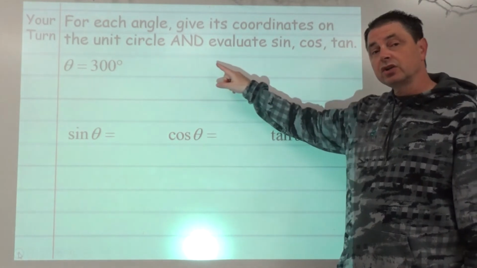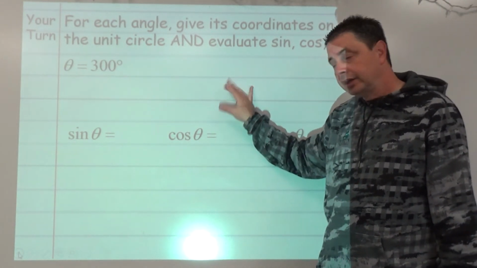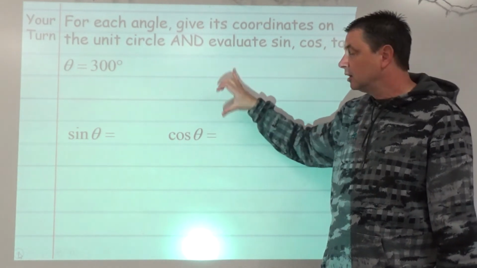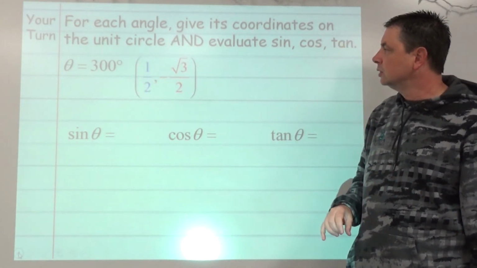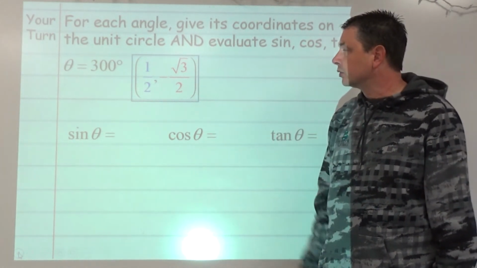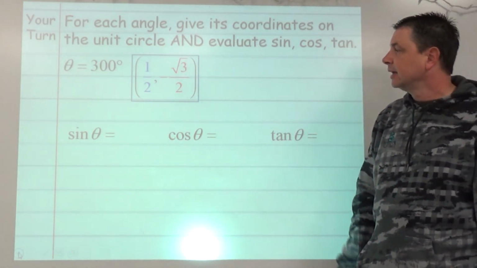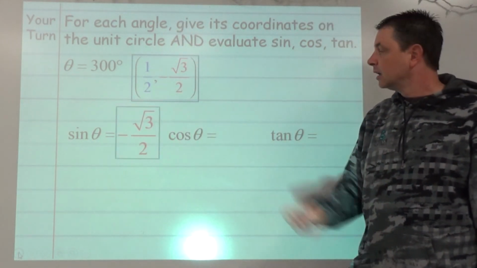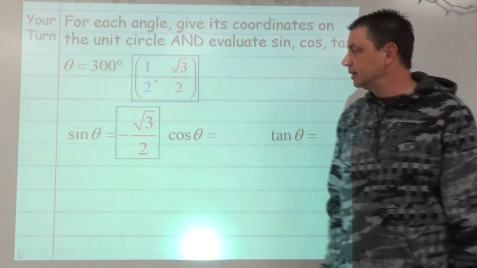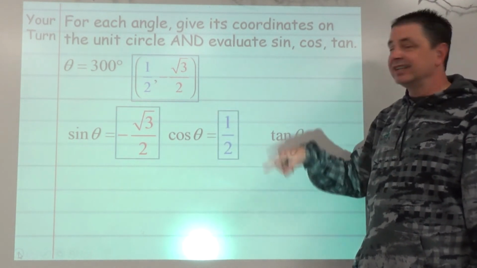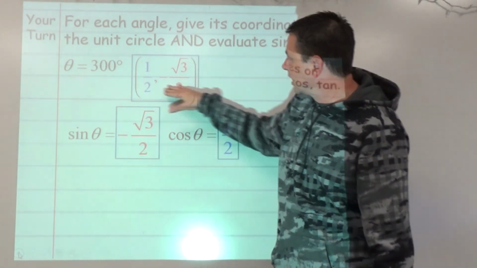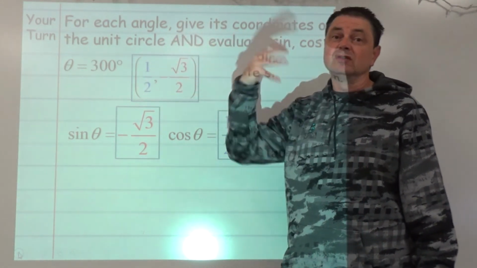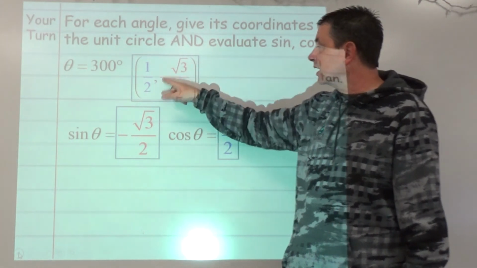All right, so 300 degrees should be quadrant 4, short going right, long going down, (1/2, −√3/2). 1/2 is the x, negative root 3 over 2 is the y. Sine of 300 degrees is the y coordinate. Cosine is the x coordinate. Tangent is the ratio. The 2's are going to cancel. Negative root 3 divided by 1. Anytime you divide by 1, you get itself. So we're talking about negative